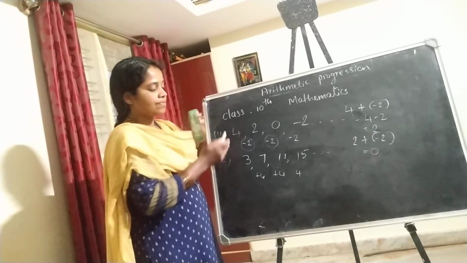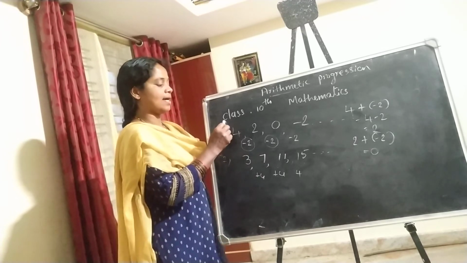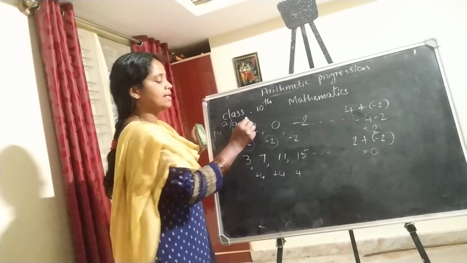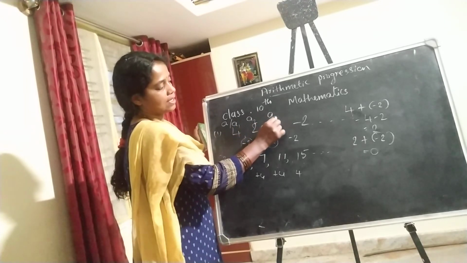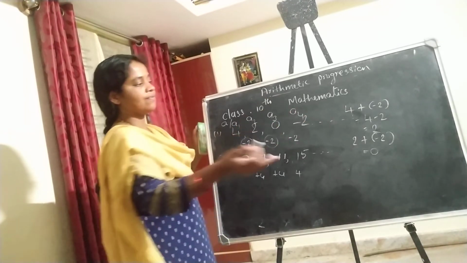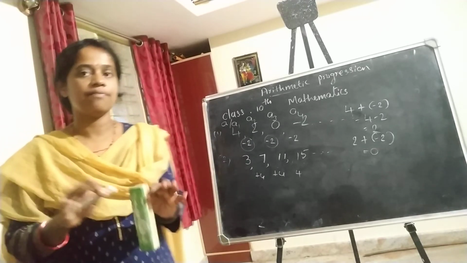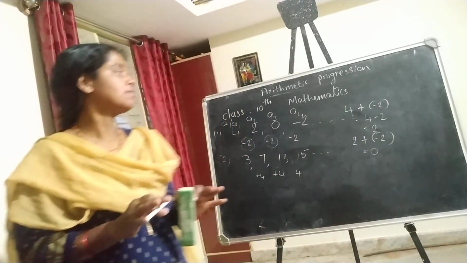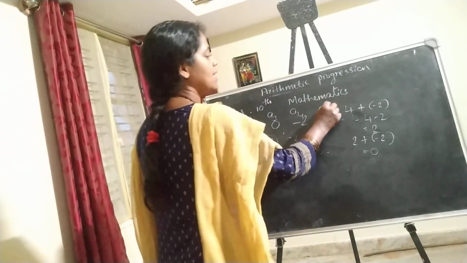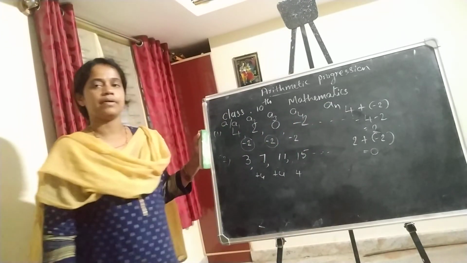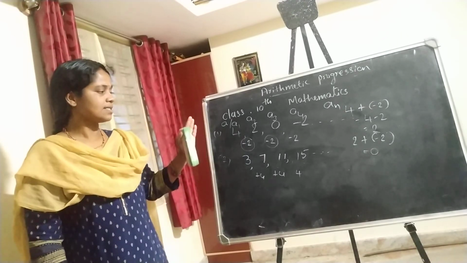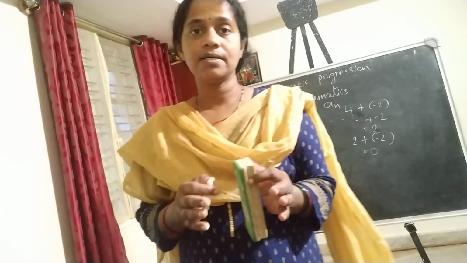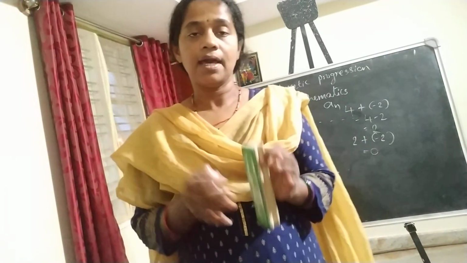Here the first term is represented as a or a1. The next term is a2, next a3, likewise the fourth term is a4. Likewise, suppose it has n terms, the last is denoted by an. So an is the nth term of the AP. You can give more examples also. You can select any one term randomly, then add a